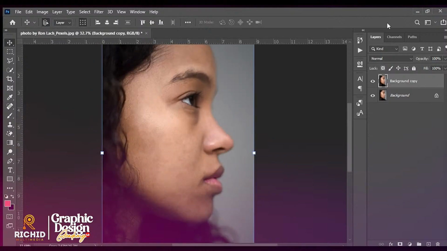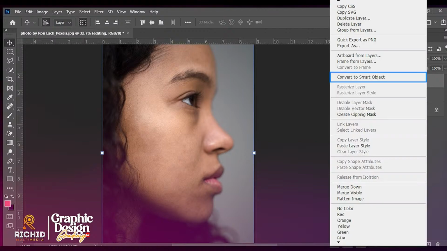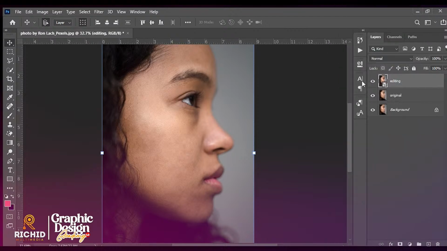After you are done with your spot healing and blemishes, you see this is the before, this is the after. After you finish, you duplicate the layer again and you name this one original, and you name this one editing, because that is what we are going to be editing. So you right click and convert it to a smart object. When we convert it to a smart object, anything that we apply to this